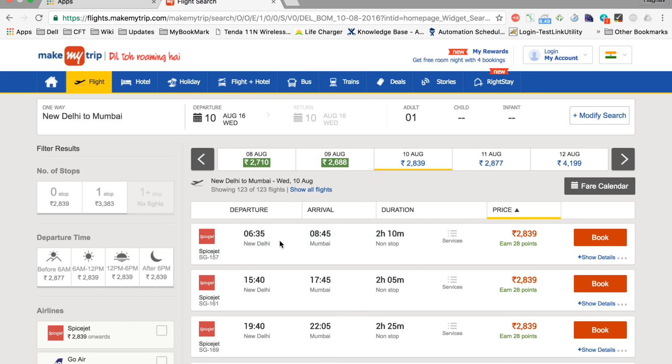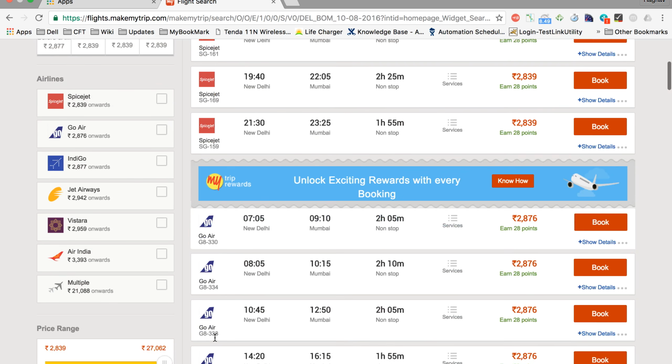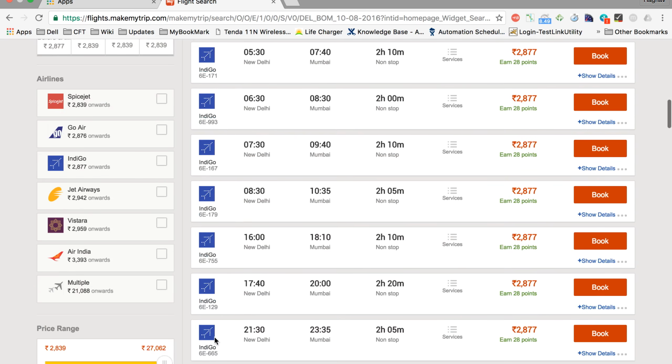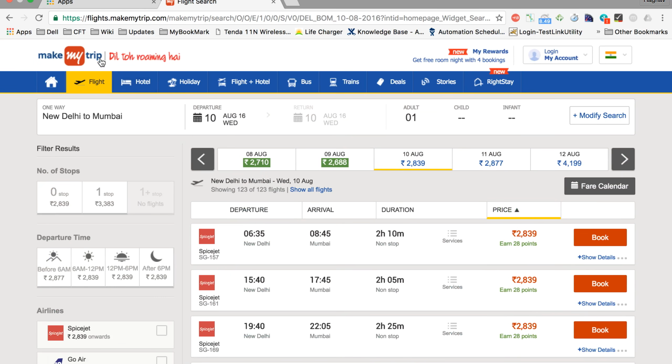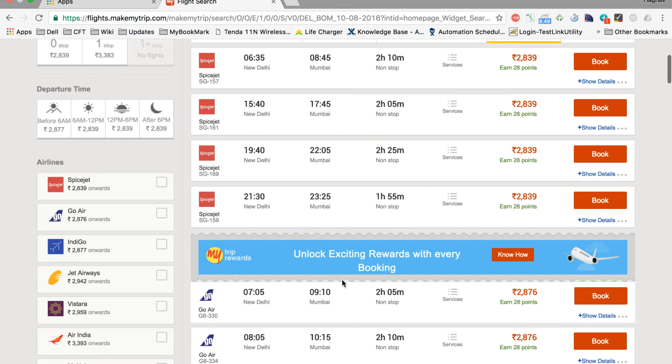What is actually happening here is that all these airlines have exposed some APIs which can be used by other websites like Make My Trip and Yatra.com and so on. Using those APIs, they can give a call to the servers of these airlines, get real-time information from there and display it on their website.